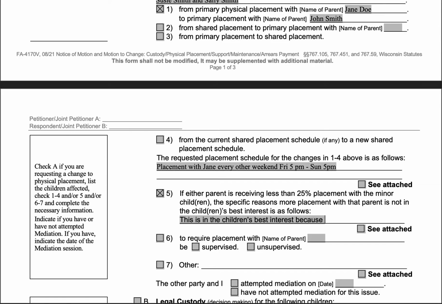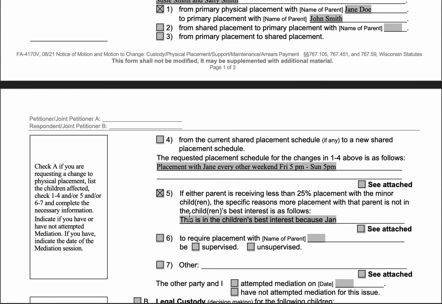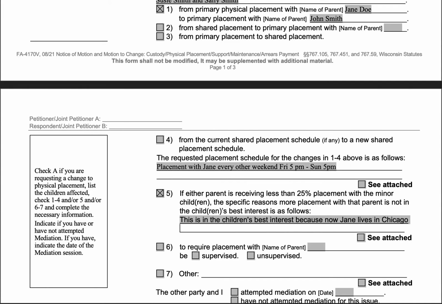Now be careful, some people will say this is best because it works better for me. Again, we want to focus on why this is best for the children or the child in your case. But it could be because Jane's work schedule won't allow more placement. Or, it could be because now Jane lives in Chicago. I know that contradicts up above where I think her address is in Milwaukee, but you get the point.